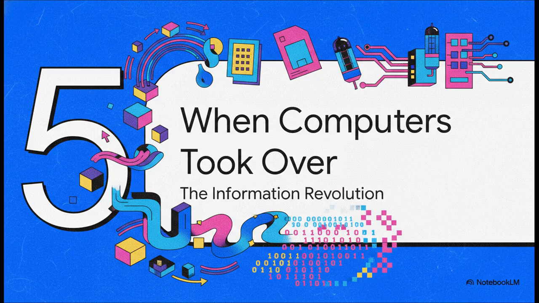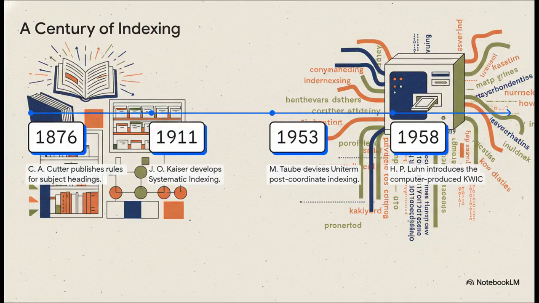So you have this constant battle, right? Structure versus flexibility, context versus keywords. And this whole debate set the stage perfectly for the biggest game changer in the history of information, the computer. I mean, look at this timeline. You can see almost 100 years of people just grinding it out, trying to figure this out. But then look at the end there. Things start to accelerate like crazy.